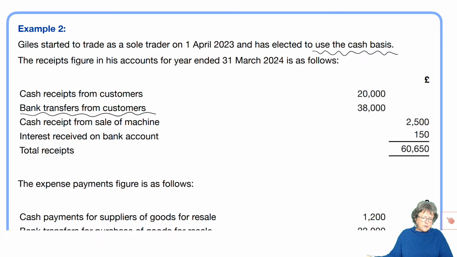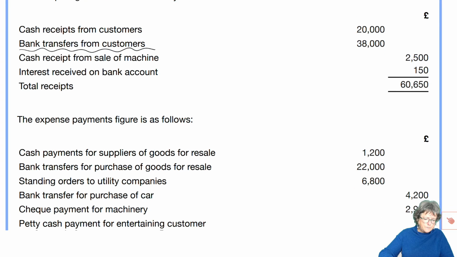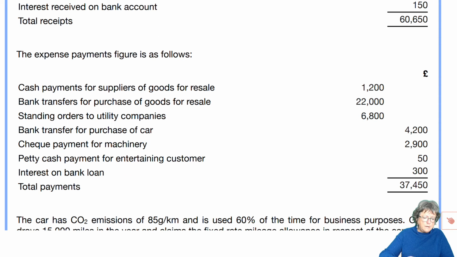And then he's got some expenses: cash payments for goods for resale, bank transfers for the purchase of goods for resale, some standing orders. He bought a car. There's a cheque payment for some machinery, petty cash, interest on a bank loan, with total payments of